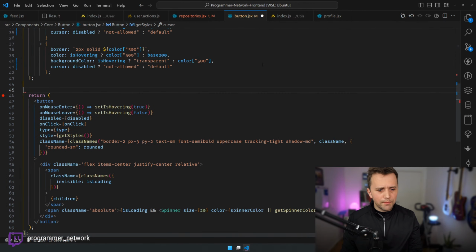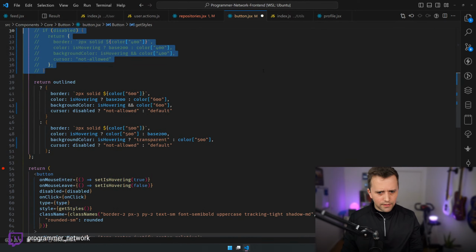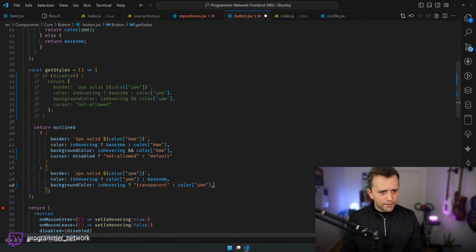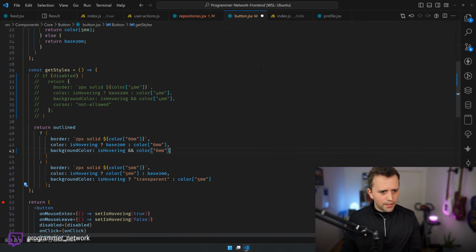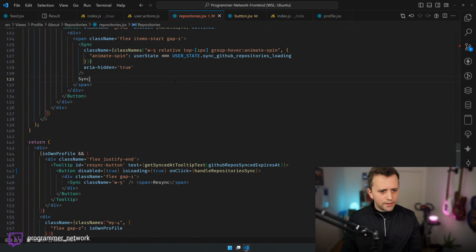Okay, so let's not mess with it here, right? Let's go to the storybook. This is not the best place to do it. So let's actually revert those changes right here. So revert this, and let's revert this as well.